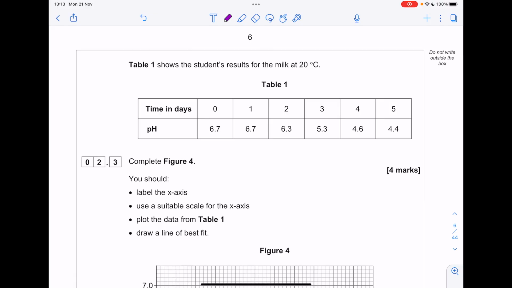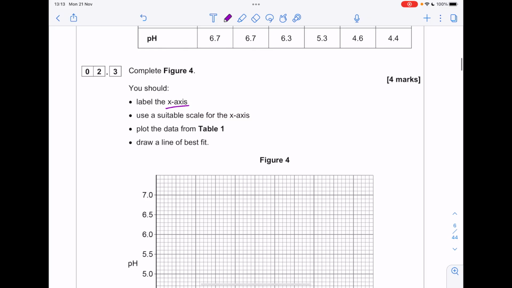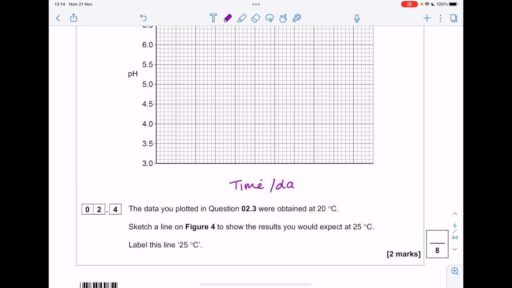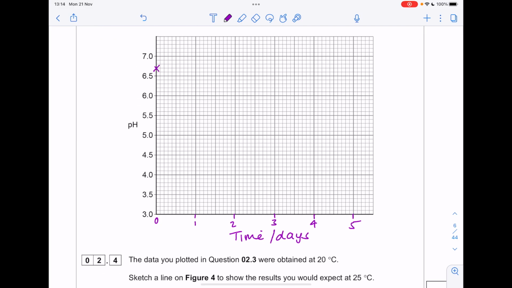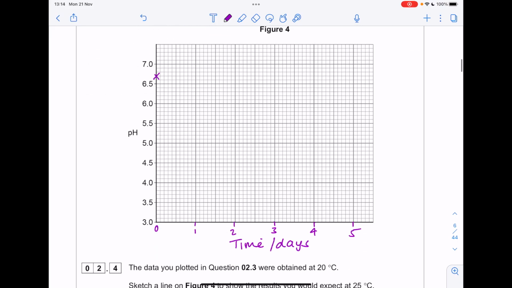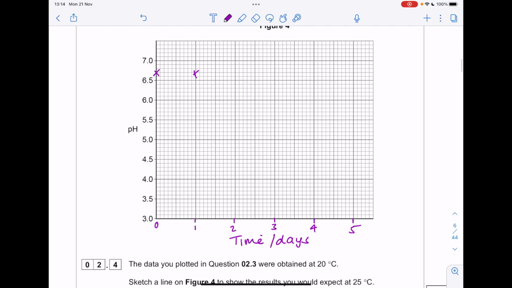Table 1 shows the student's results for milk at 20 degrees. Complete figure 4. You want to label the x-axis, use a sensible scale, plot the data, draw a line of best fit. Let's go 0, 1, 2, 3, 4, 5. 0 was pH 6.7, 1, 6.7, 2 days 6.3,